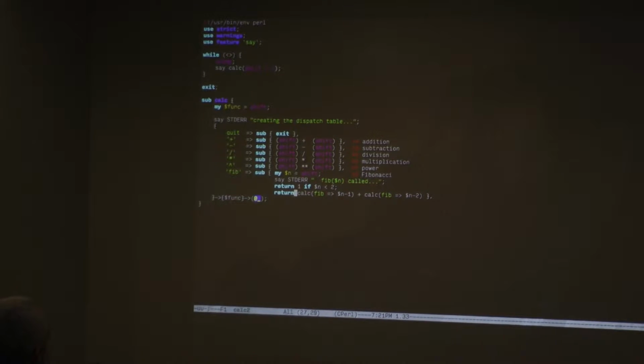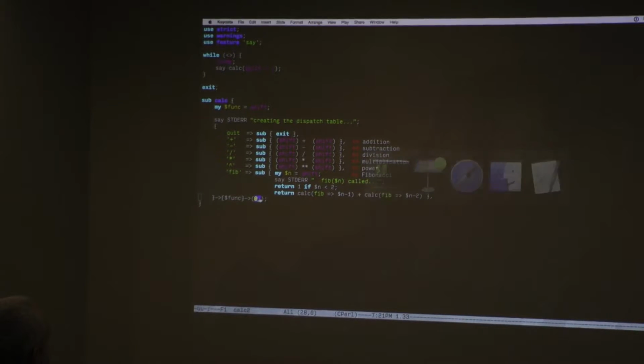To calculate it, we call it with one argument less plus the two arguments less. That's the definition of Fibonacci. So this clearly has some problems. This is a dispatch table. Yay for dispatch tables. They're nice and clean. You can see one nice thing per line. But it leads us to our next thing that we want to talk about,